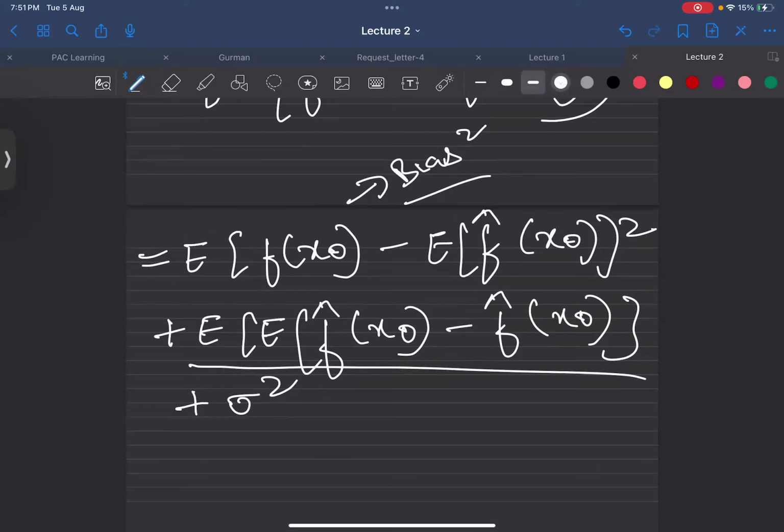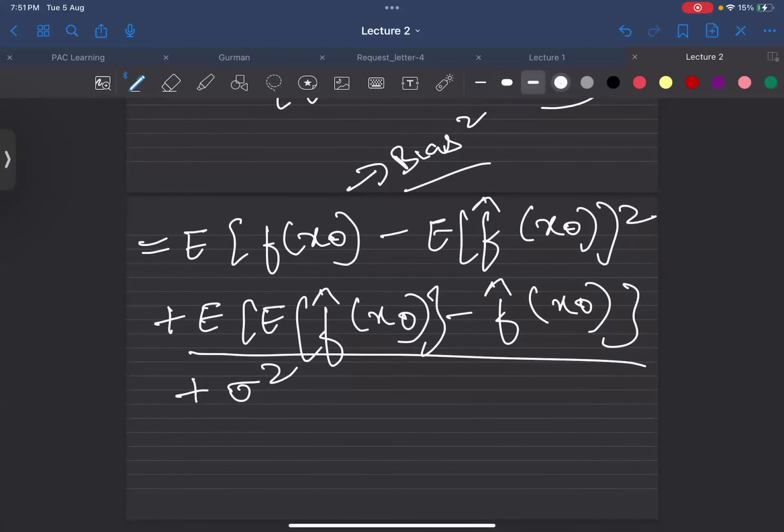Variance. How is it variance? Anyone? It is telling how far is the output from the actual value? No, that is bias. What is variance? I told you all: how scattered it is. So how scattered it is, that is basically variance. How can we say that this is variance only?